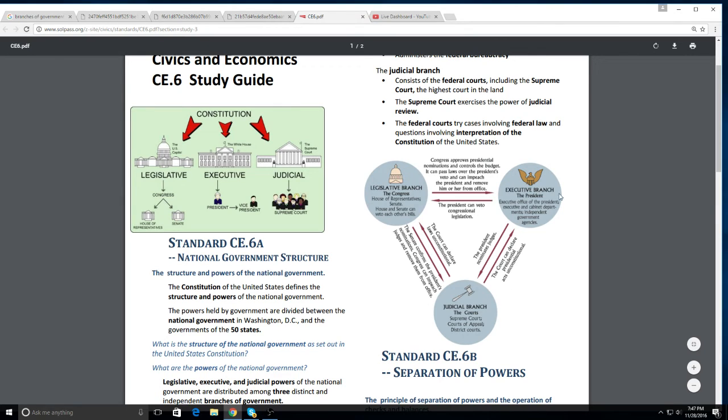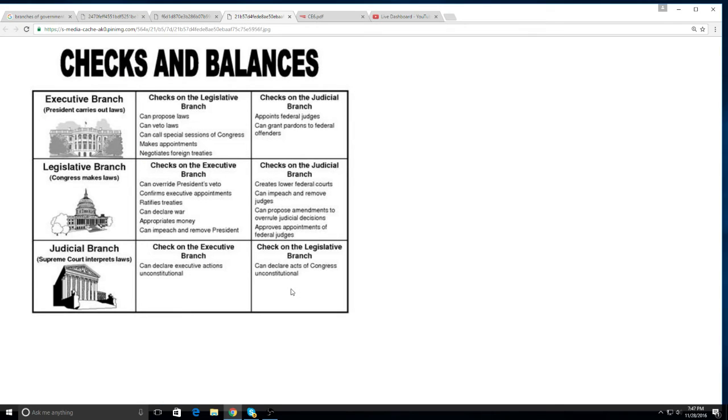If the president does something, besides, I don't like the protest, drive a tank through them, the judicial branch can say that's unconstitutional. And that could lead to their power of impeachment. So again, it's one big circle of how they interact with each other. But if you had trouble understanding that triangle when we went over it, then this is maybe a better way for you to understand it. So